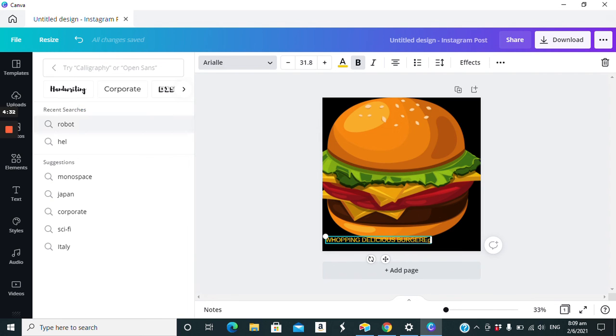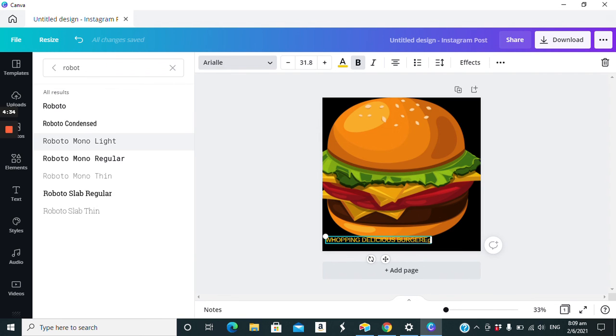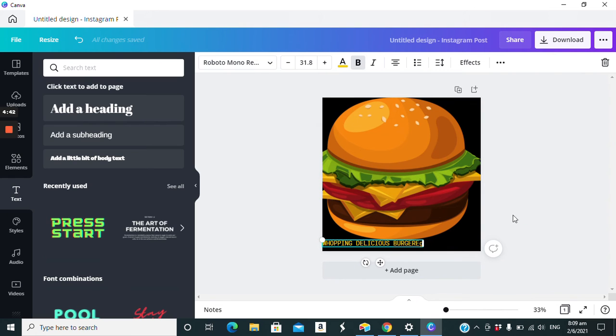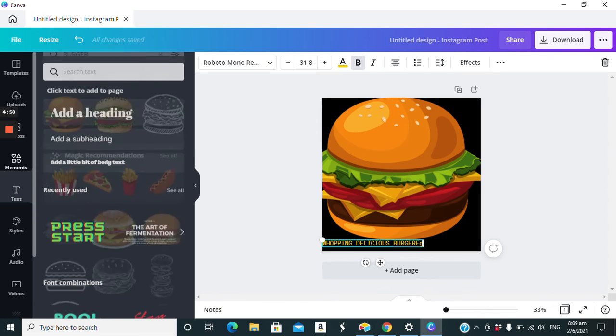I'm going to use Roboto, as Roboto is often used. We can add other stuff, elements,